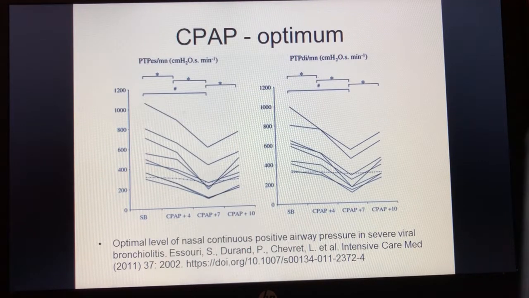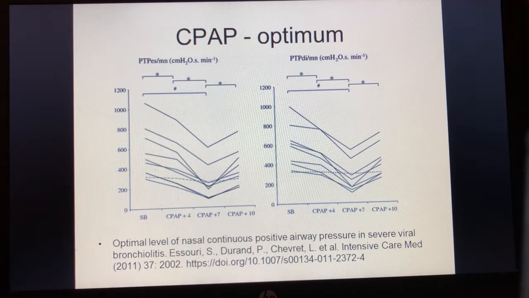And if we specifically look at what is the optimum CPAP and ask the question, is 4 to 6 centimetres of water enough, then the answer appears to be that actually for many infants 7 centimetres of water may be better. And here are 2 graphs showing the work of breathing associated